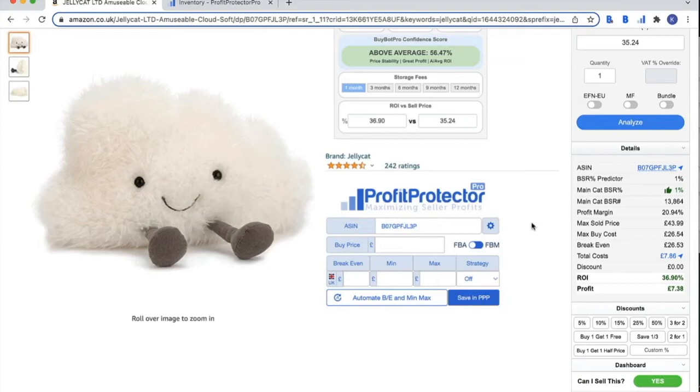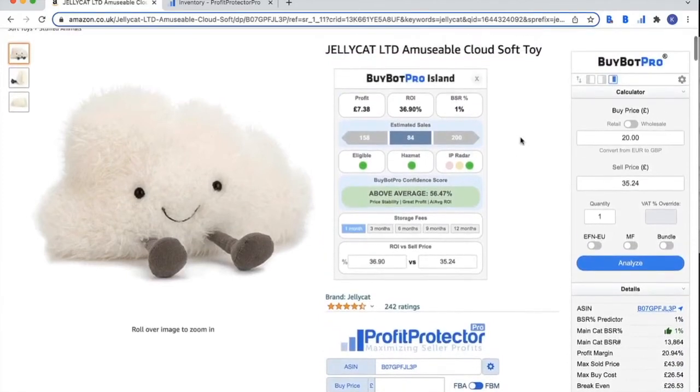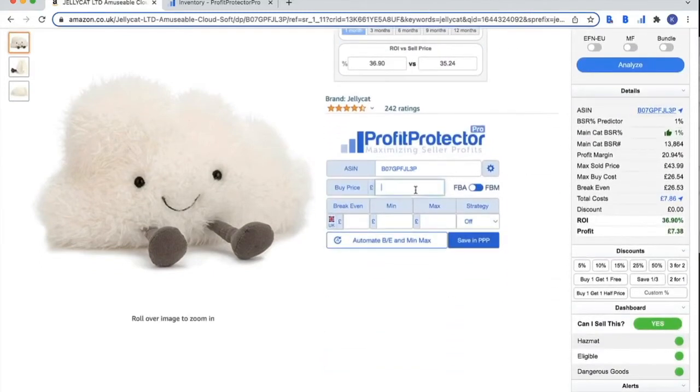And then it will just ask you to input some details to set it up. They're really simple. It's just the email address that is linked to your Profit Protector Pro account, and then your secret key, which you can find in your account settings. So you input those in and then it will load and look like this. I'm on an Amazon product page. I've been analysing a deal, and I've come to the conclusion that I want to buy this product. So all you need to do is input your buy price into here.